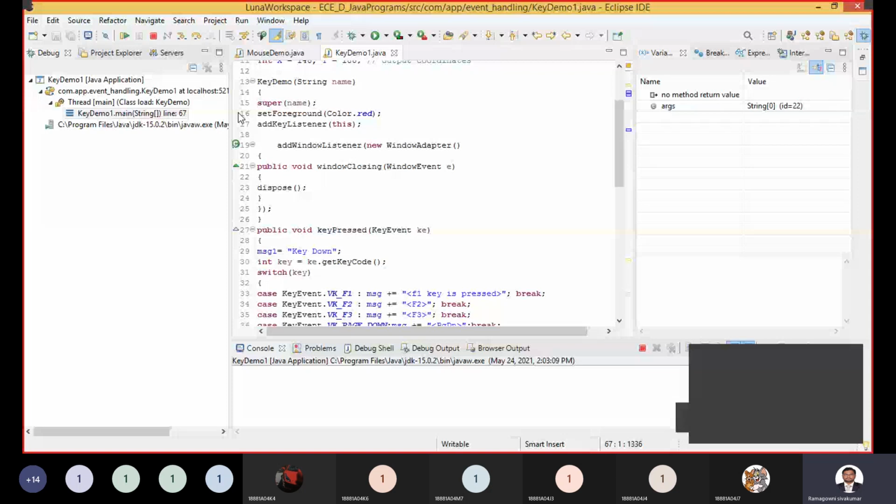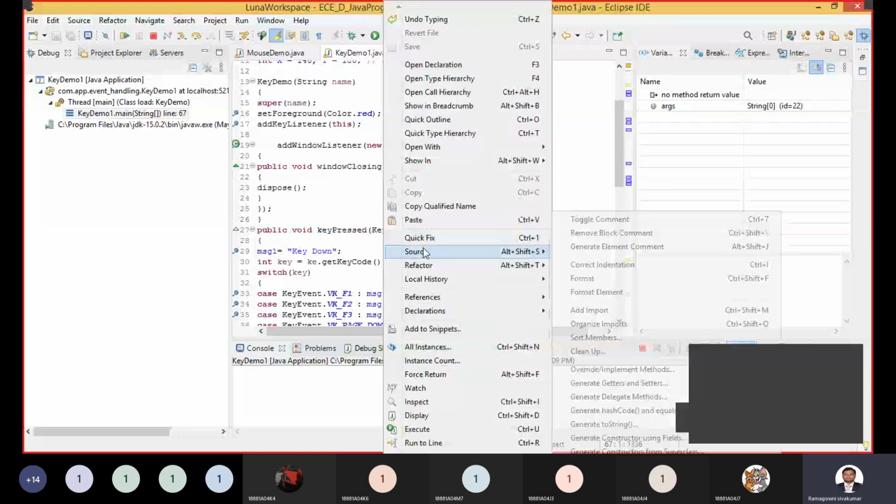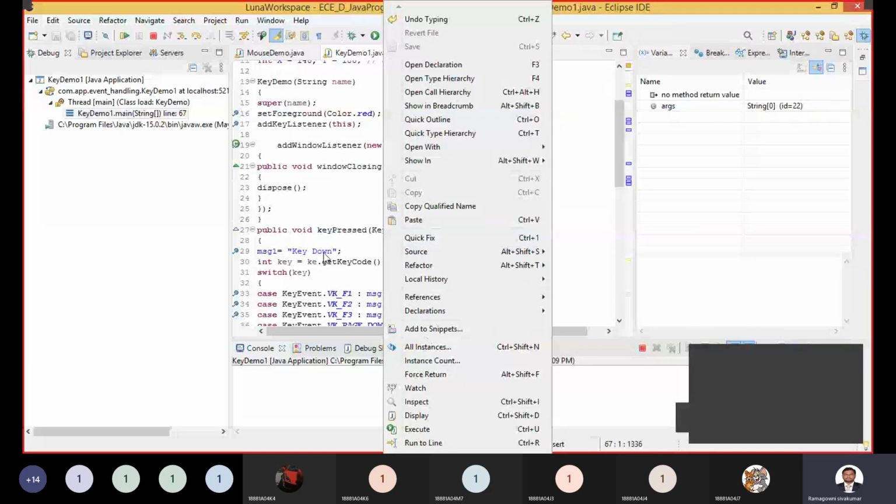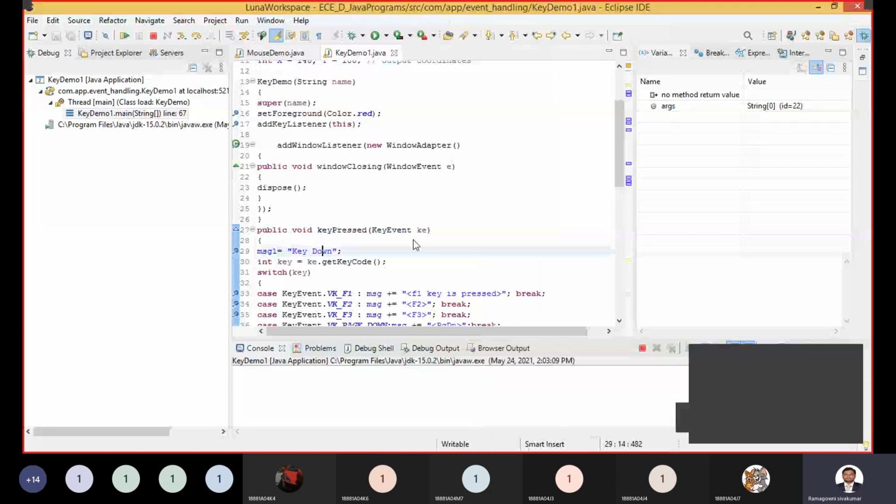Then right click. It is in debugging mode. Now if you want to see the flow of this program,